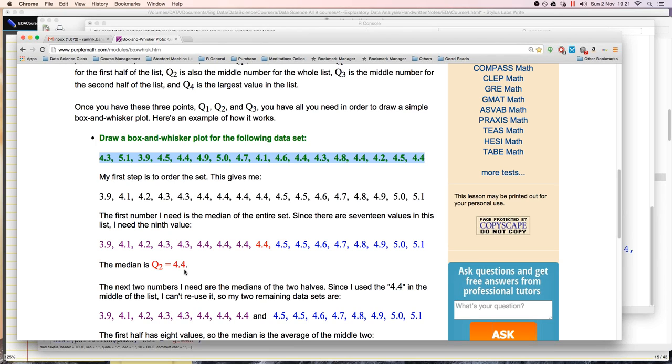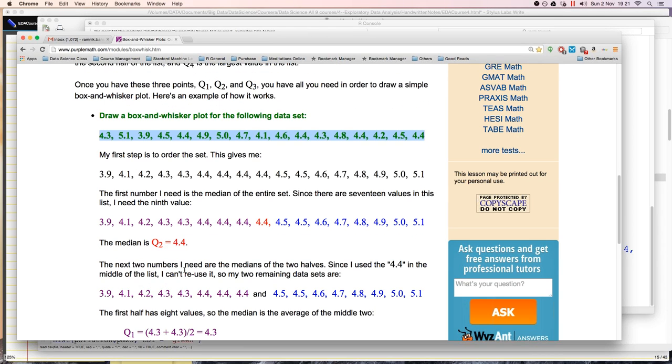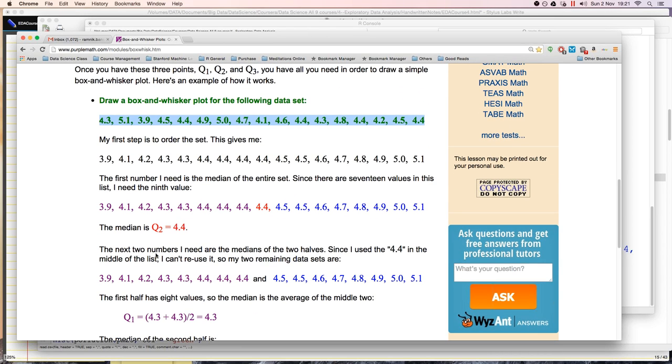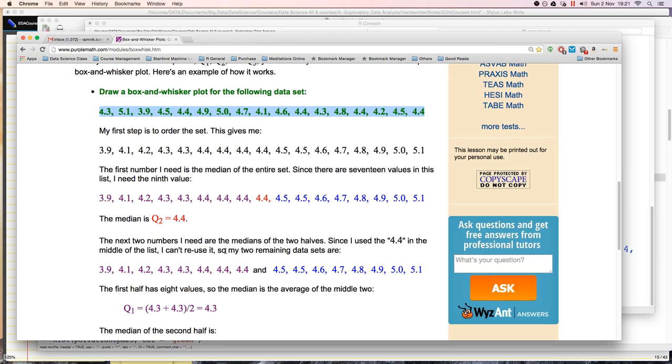Is this clear to all of you? How you get the median? Yes, we have. Okay, right? So now what do I need to do? The next two numbers I need are the medians of the two halves, right? So now I have two halves left. One is below the 4.4, that is my median, and one is above the 4.4. So I have 8 points in each. I had a total of 17 points, 1 point is gone, I have 8 points, which means I have to